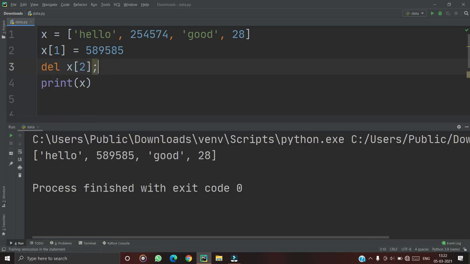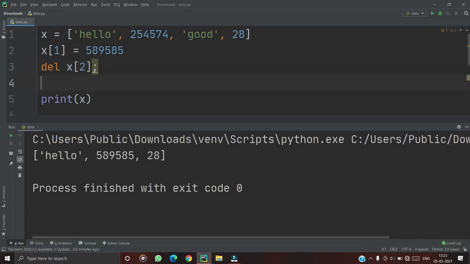I run this, there you go. You can see 0 1 2, so the element which is present in the list gets deleted.